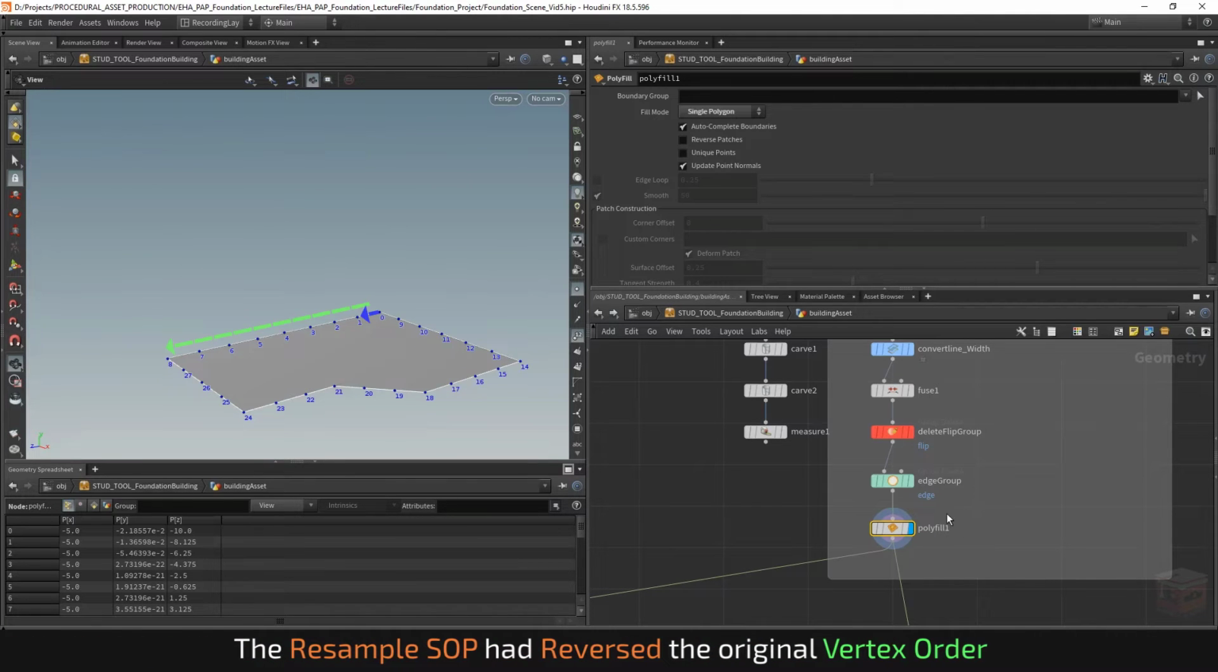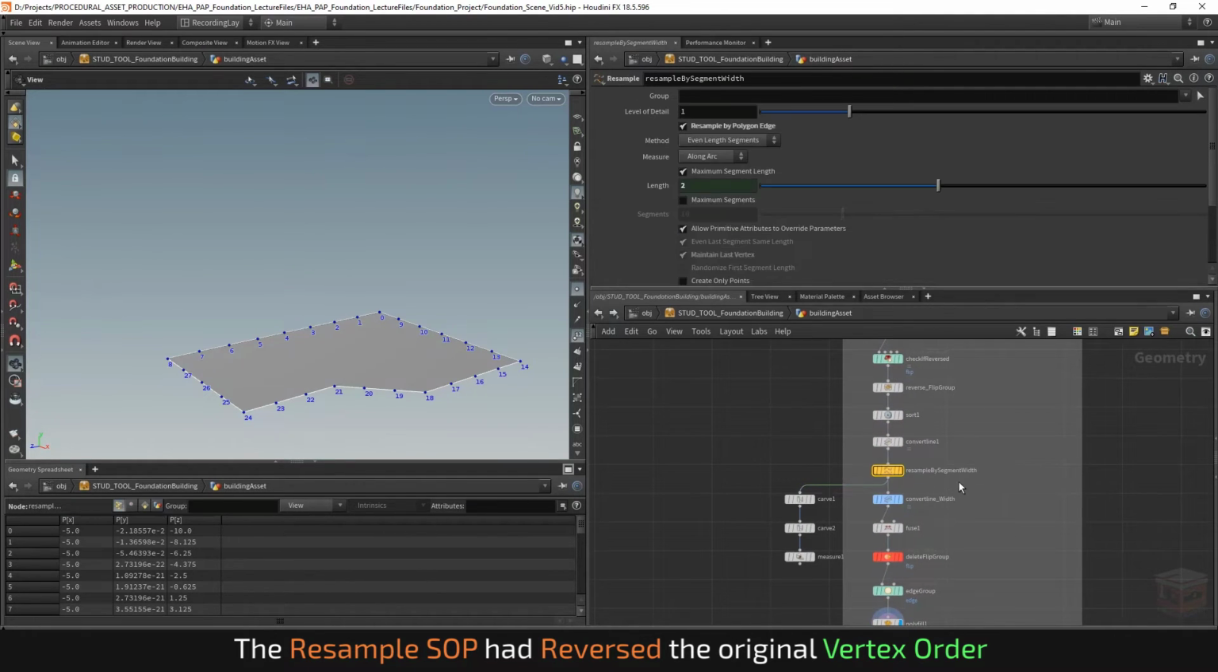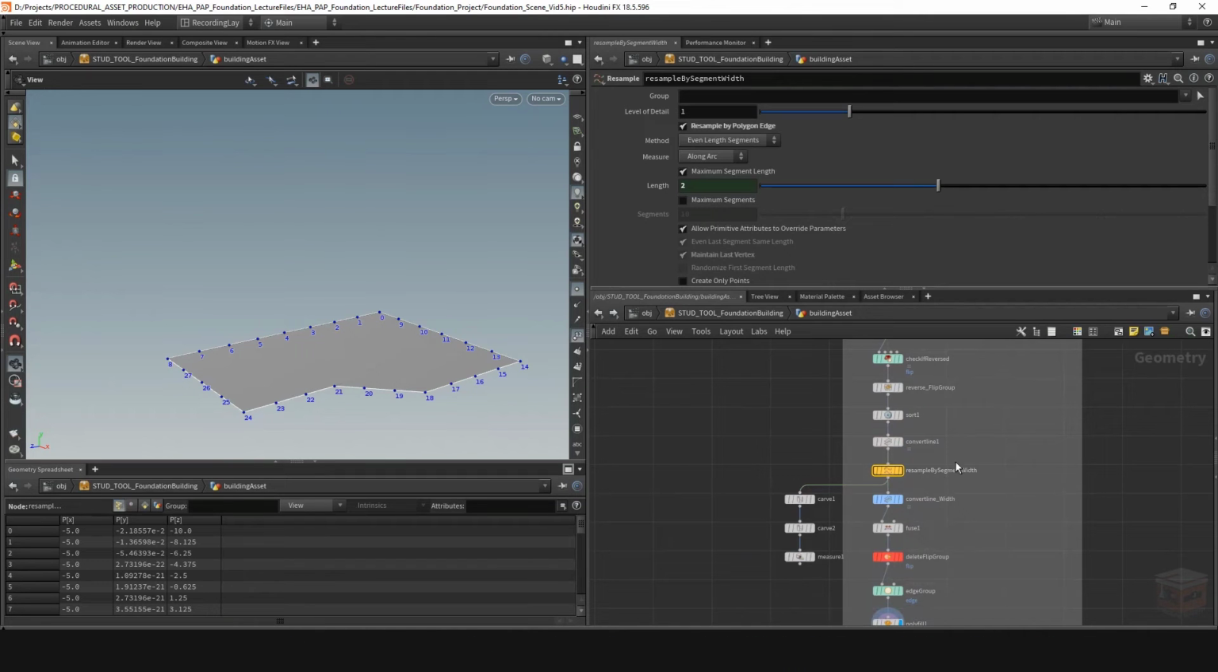And I think that's how the polyfill ends up rebuilding this mesh. It just assumes from the first vertices which direction it should start building in. And we had to make sure that the direction it was getting was actually properly set up. And because of our vertex order being messed up by the resample node, that was being broken, so we had